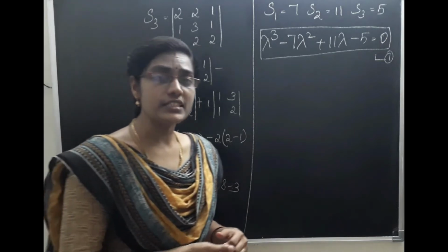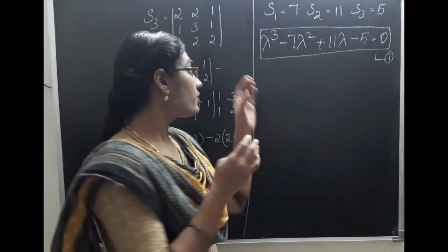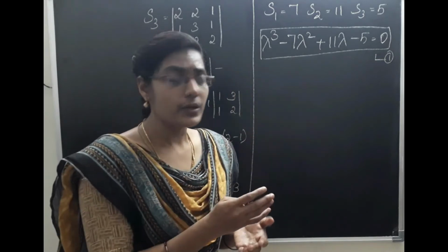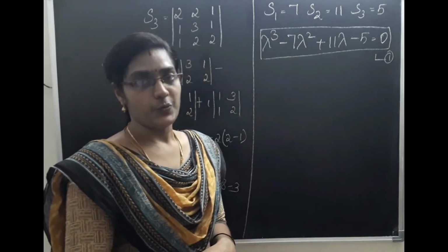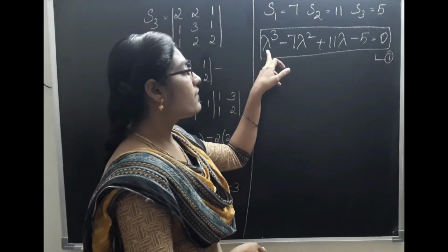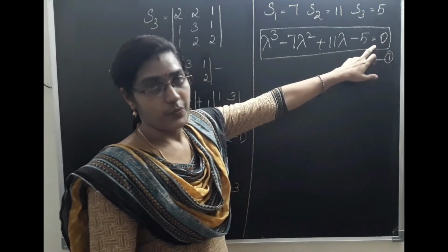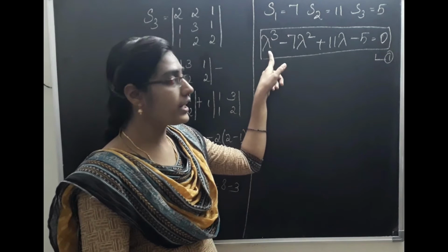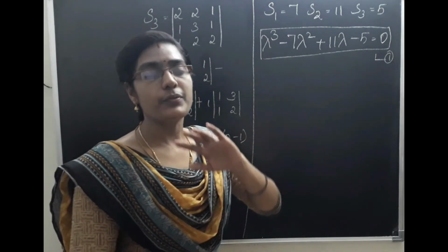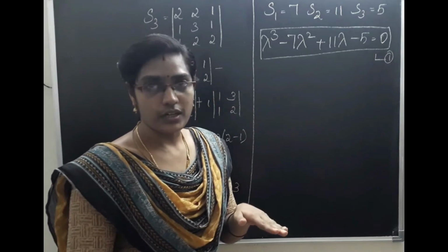But before proceeding with synthetic division, we need to know which number we should divide this equation by so that we will get the answer as 0. For that, we need to substitute values of lambda until this equation becomes 0. So if we substitute 1 and find the value, if it becomes 0, then 1 is a factor. Or else we need to move on with minus 1.